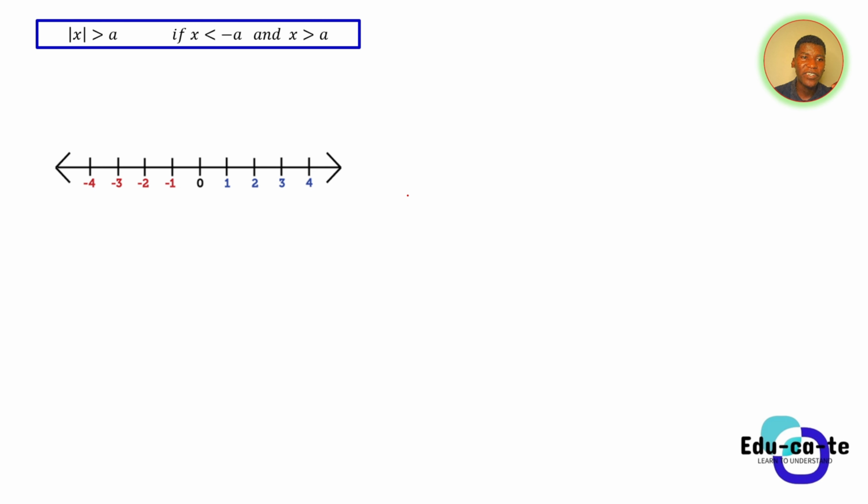So applying geometry here, we basically say the absolute value of x is less than 2. When I say the absolute value of x is less than 2, the interpretation is that I want an x value such that its distance will be less than 2. Now I'll use greater than.